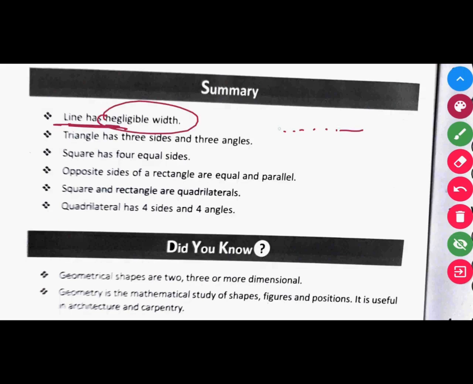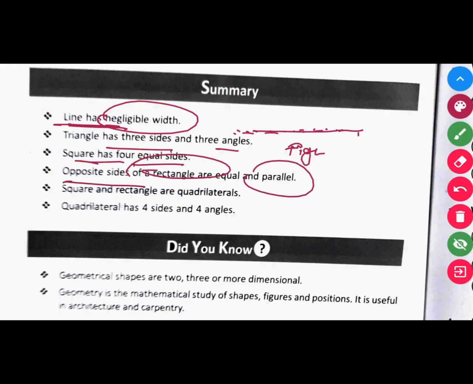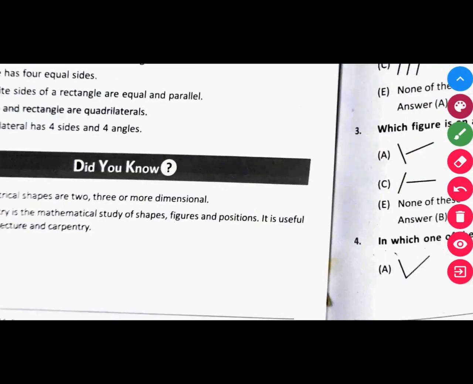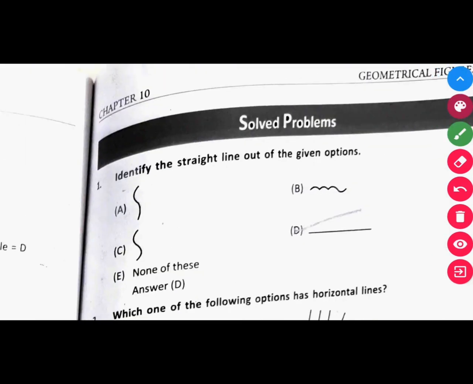Dots come together to form a figure, so it has no width. A triangle has three sides and three angles, I already described. A square has four equal sides. Opposite sides of a rectangle are equal and parallel to each other. Square and rectangle are both quadrilaterals because they have four sides and four angles. Okay. Now we'll solve the problems based on the